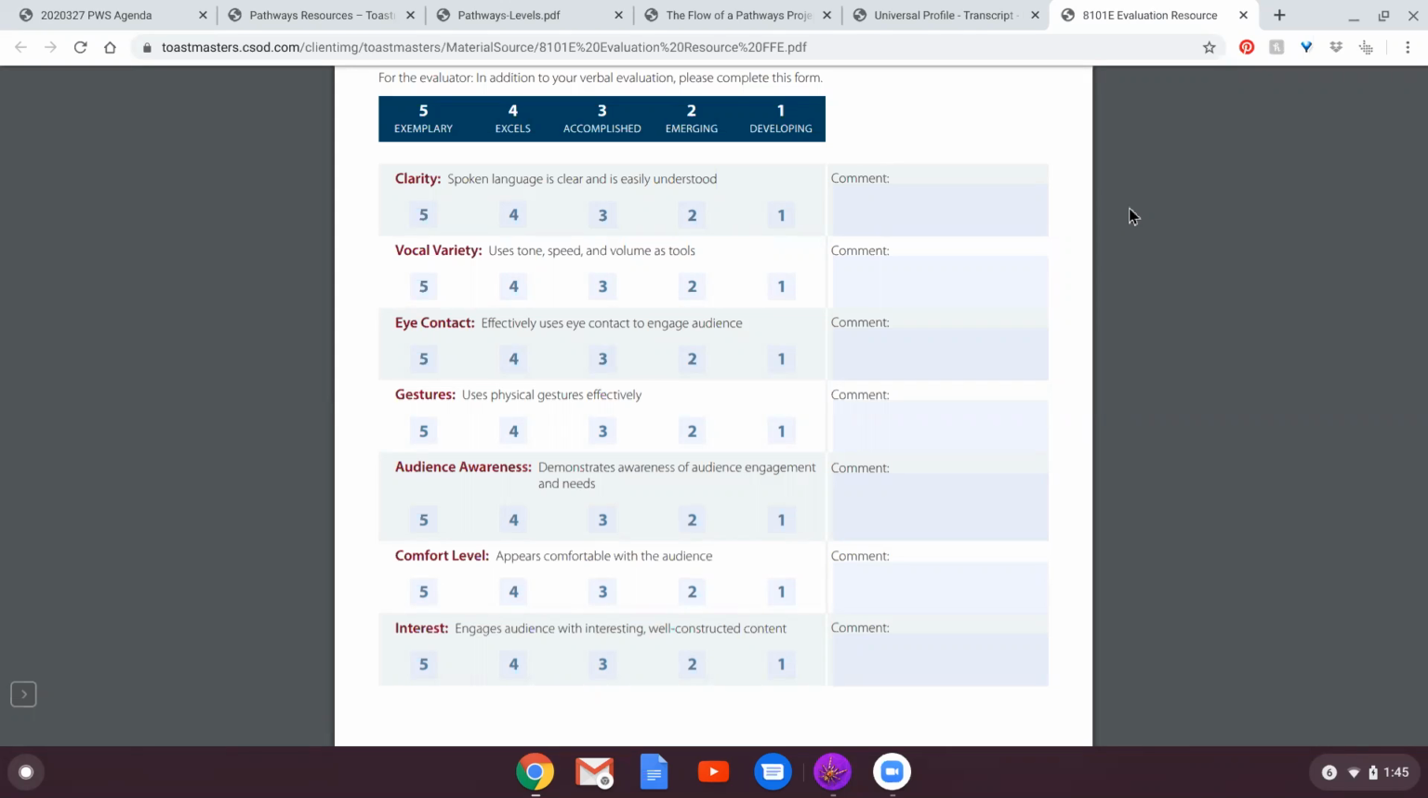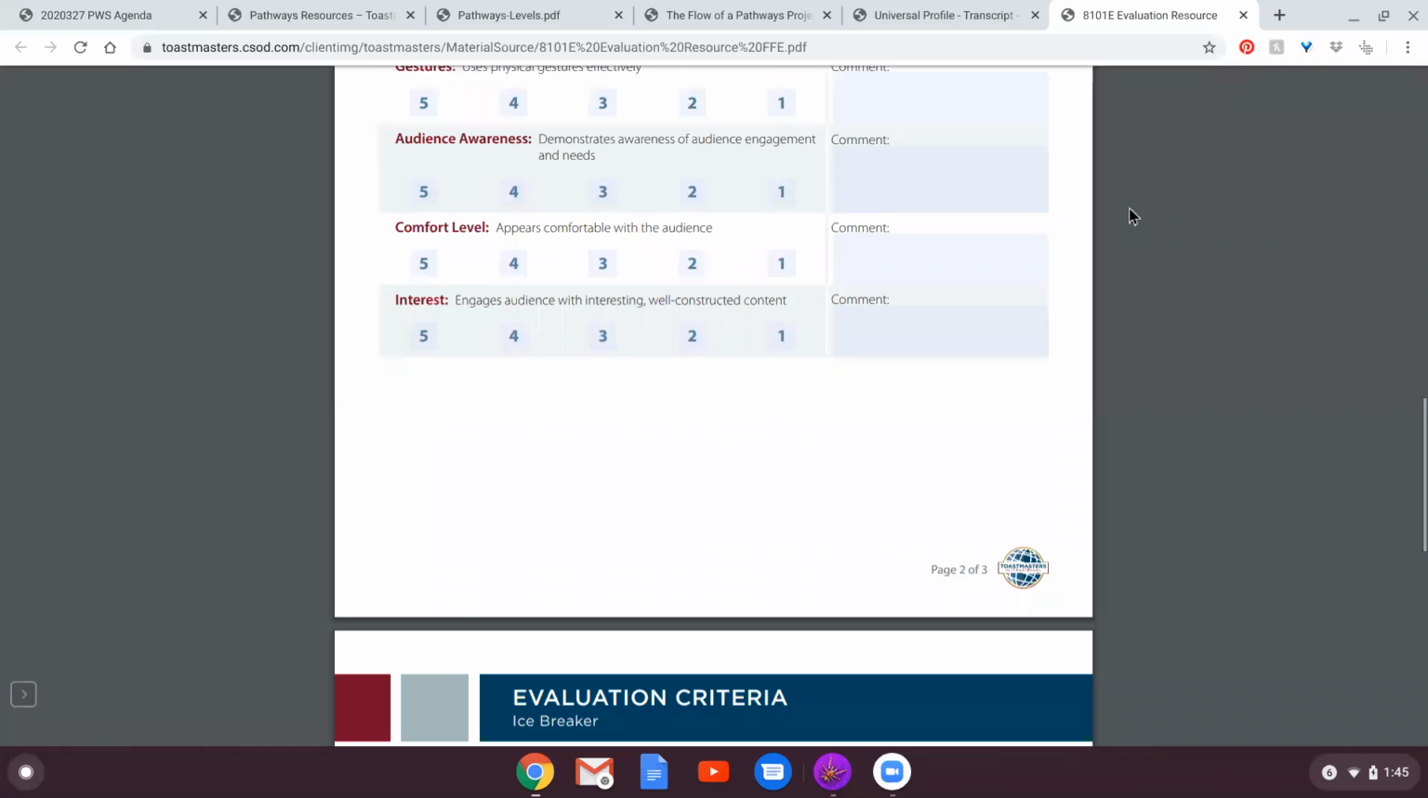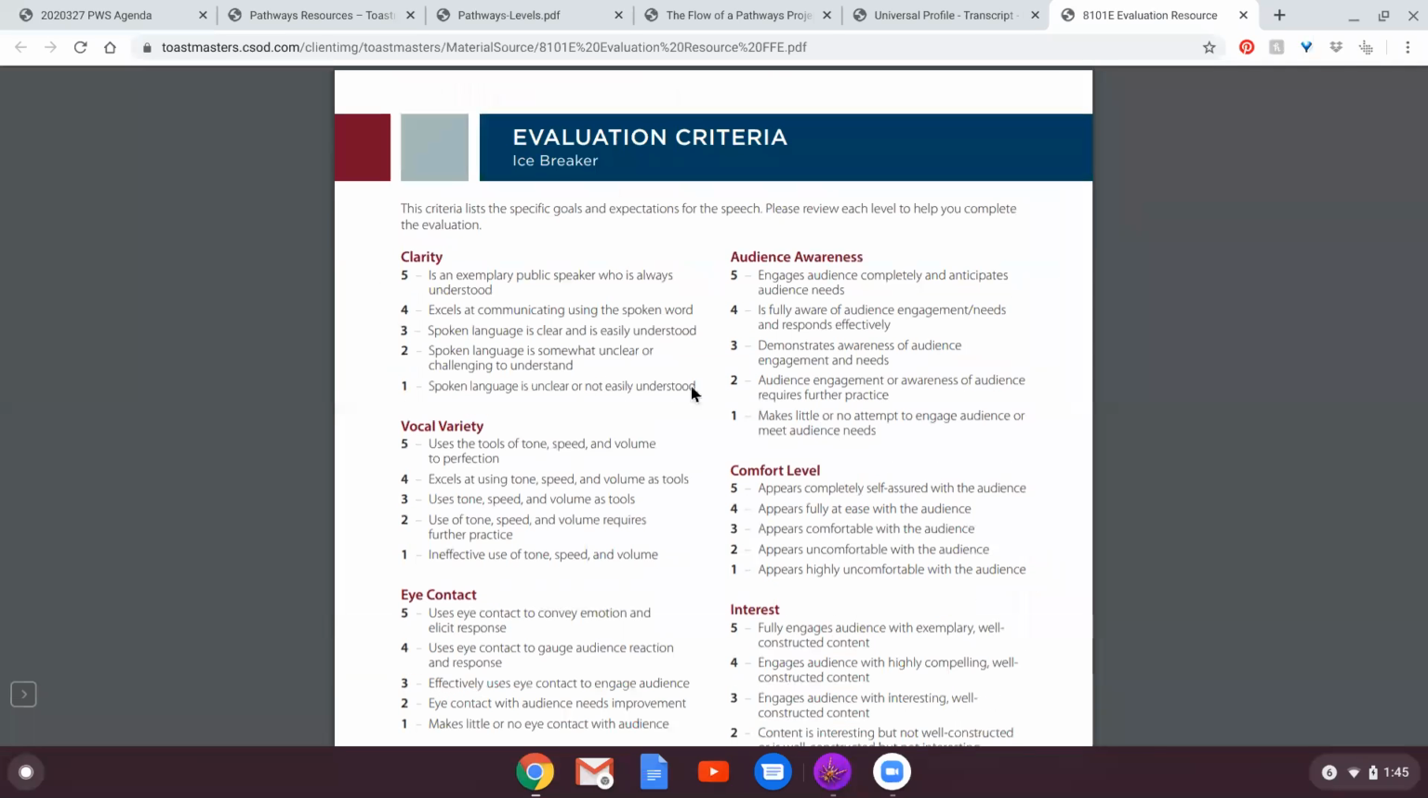Finally, to go to page 3, there's nothing to be written on in page 3. However, this is the criteria by which the 1, 2, 3, 4, 5 is selected. And so as we all begin to use these resources over and over again, the hope is that we will have a better